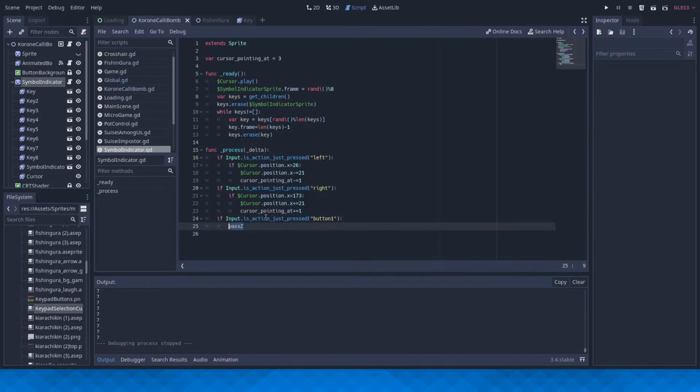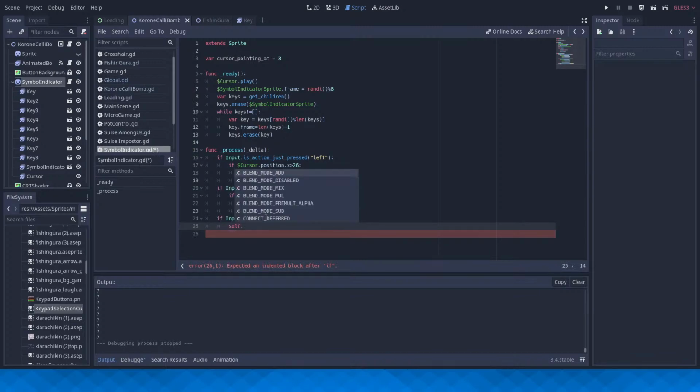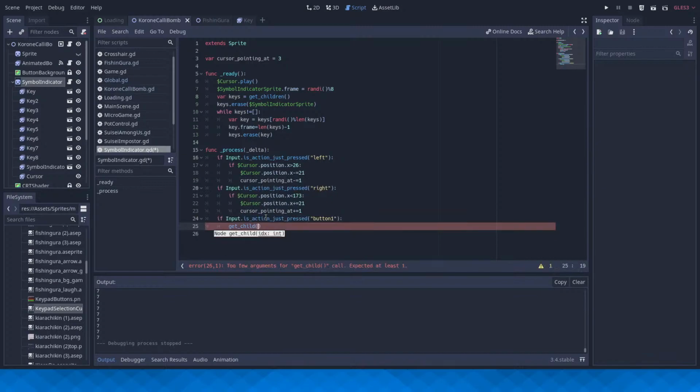Right, so, just to get child, with index, cursor pointing at. There are a few ways we can do this. We can just compare. No, we can't actually compare the... we can compare the frame index.